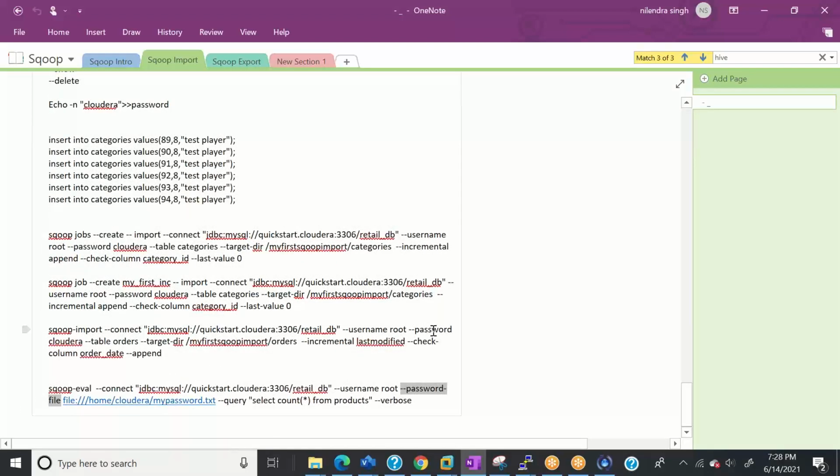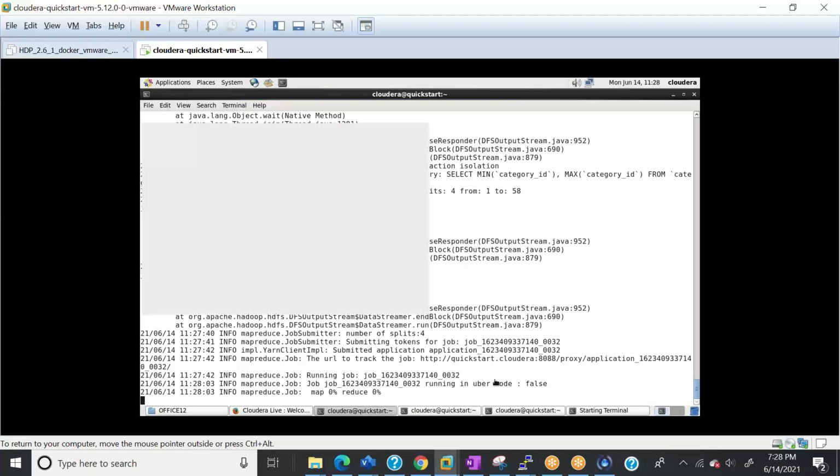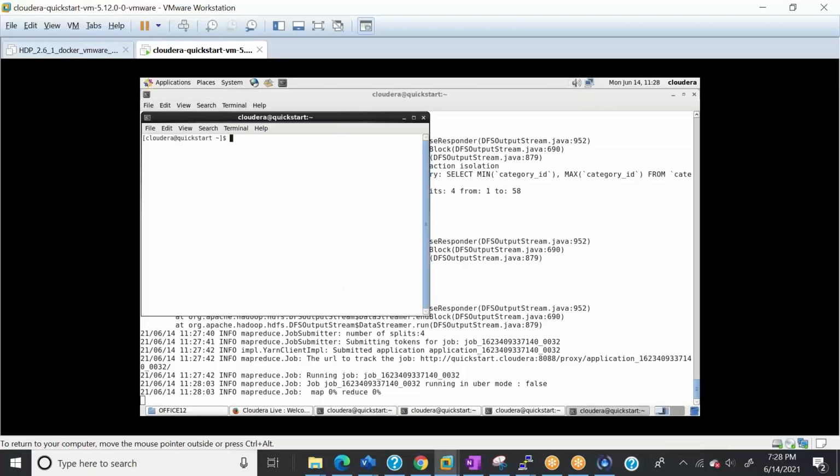This parameter. So in the normal scenario, I'm using --password and putting the password here. But if I want my Sqoop job to take the password not from the user but from a file, I will create one file with my password, mypassword.txt. Meanwhile, let me open a terminal and say ls -ltr.